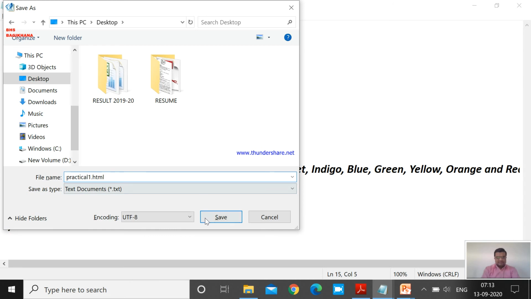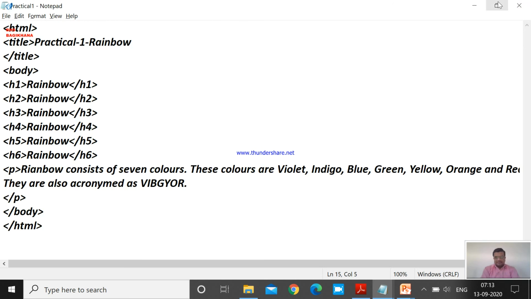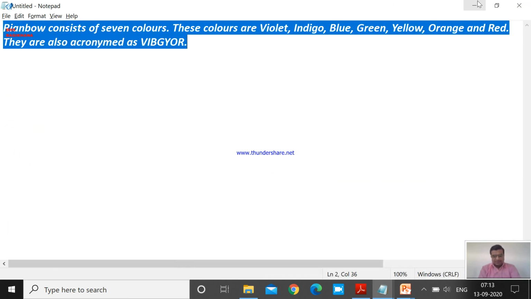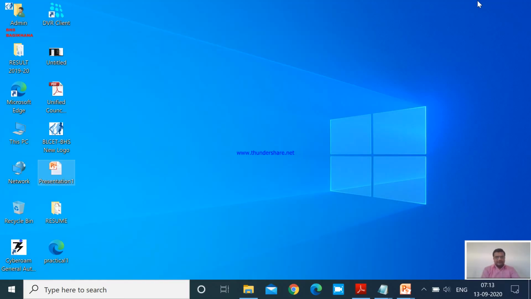After writing this, save on the desktop. Now it's time to execute the program. Here you can get your practical number 1. Whenever you double click on your practical, it will directly open in the browser and you can see the output of your practical.